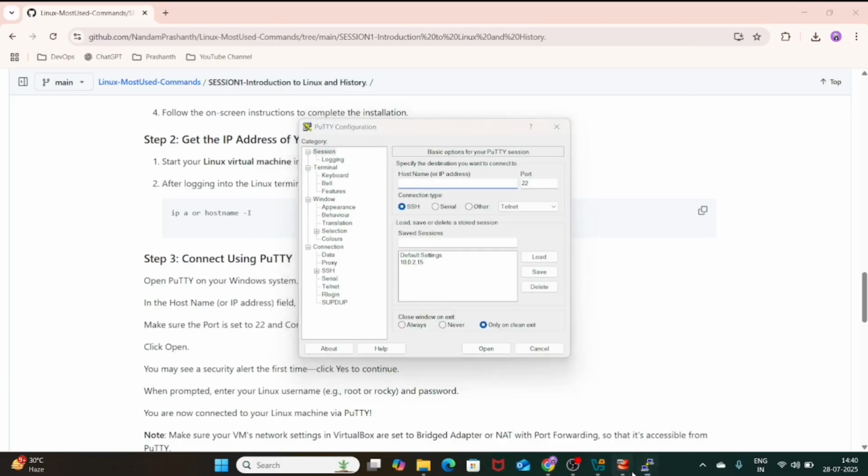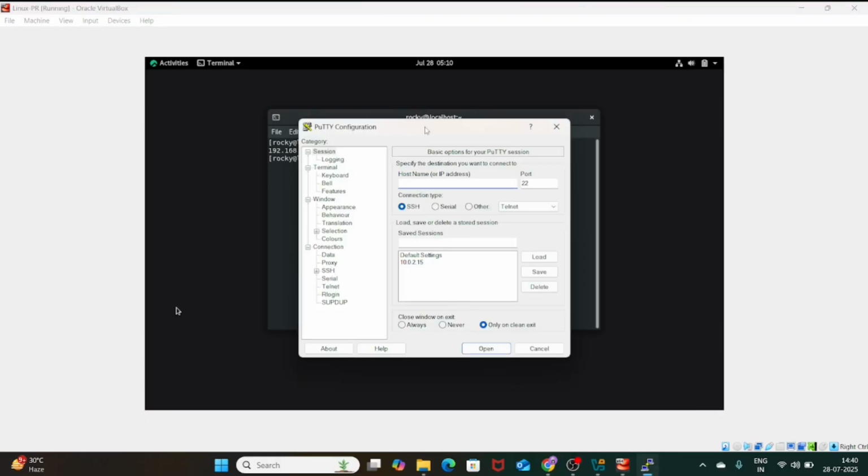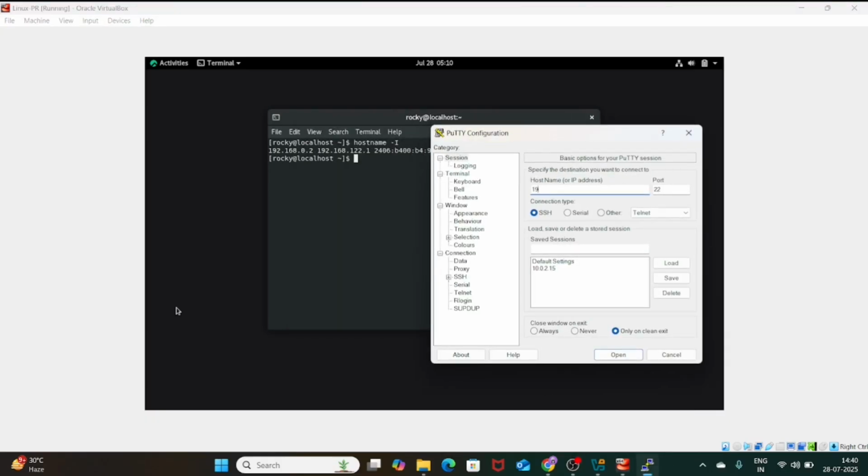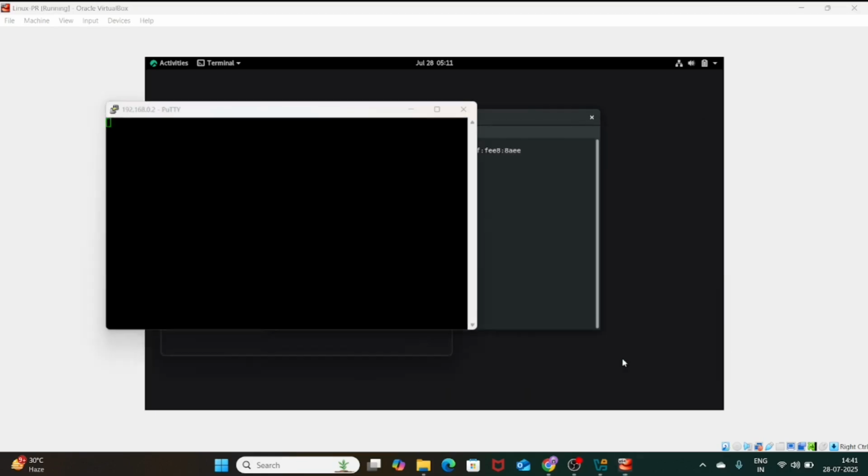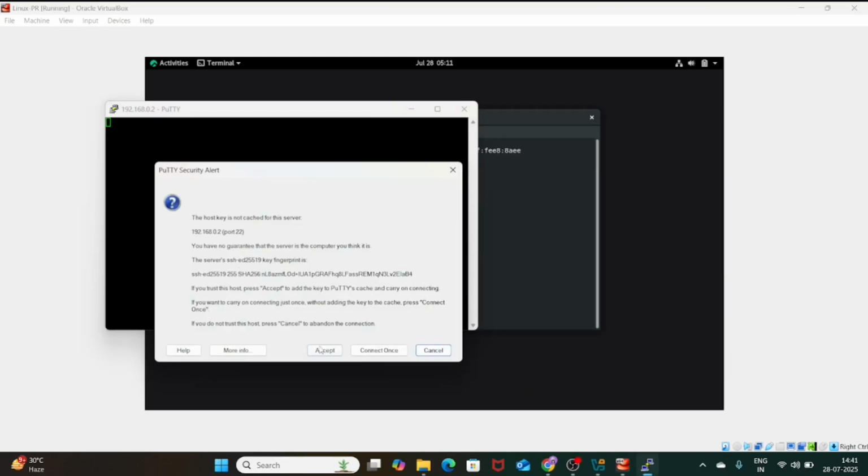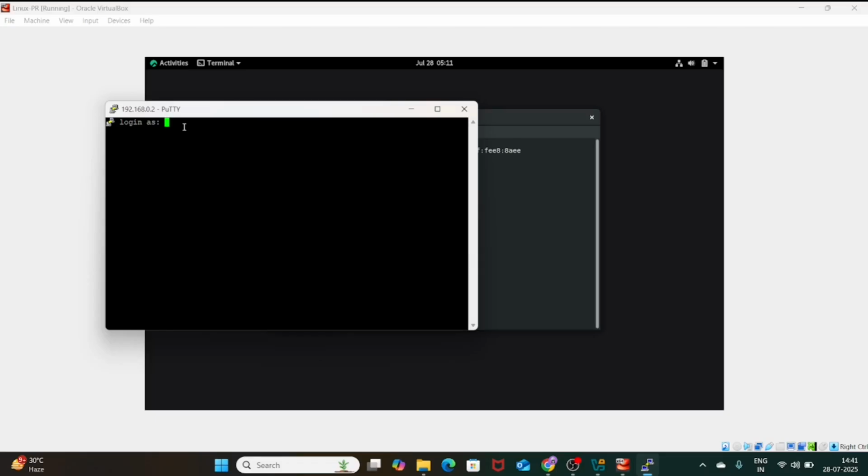Now we will provide our IP here. What is it? 192.168.0.2. Let me delete this since we don't need it anymore. 192.168.0.2. Let's save this. Click open. Yeah, it will ask you to accept. Now what we need to do, we need to enter our username, which is Rocky, and the password for that. Now we are in the